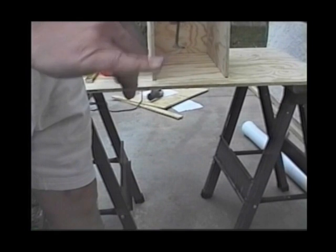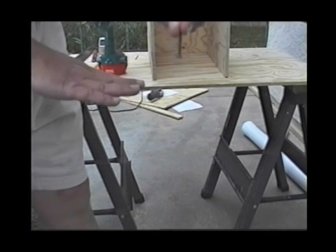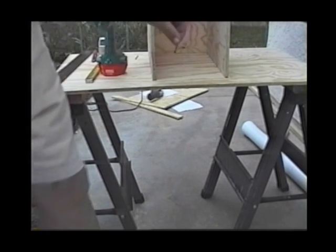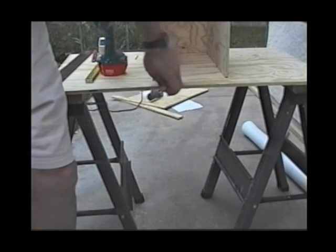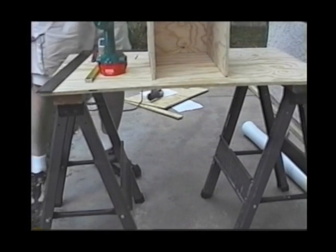If you use a head that kind of protrudes, it's going to rub on your floor and possibly scratch or damage it. So make sure that the screws that you drive here on the bottom fit in flush with the bottom of the wood. Once you've driven the screws for this one side and the back, you can take your heavy block